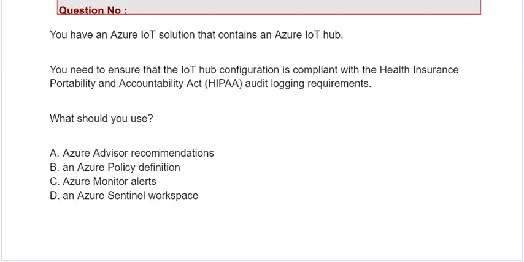Next question is, you have an Azure IoT solution that contains an Azure IoT hub. You need to ensure that the IoT hub configuration is compliant with the Health Insurance Portability and Accountability Act, HIPAA, audit logging requirements. What should you use? Options are